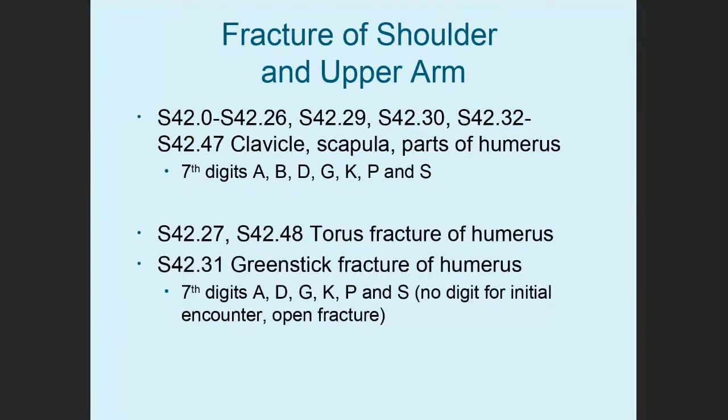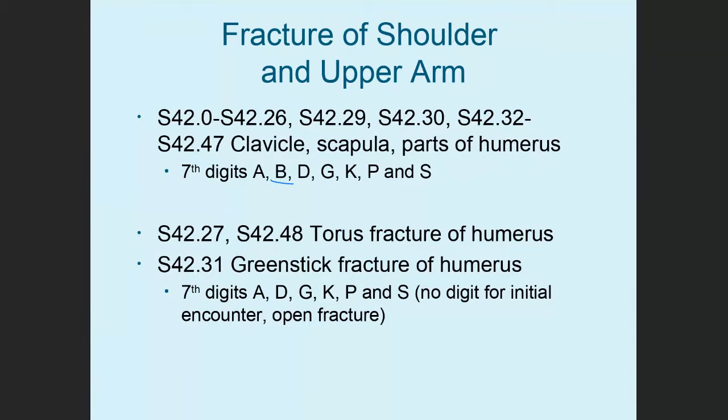Fracture of shoulder and upper arm is category S42. And this uses the 7th digits A, B, D, G, K, P, S for most codes. For the clavicle, scapula, and parts of the humerus, codes S42.27, S42.48, which are torus fractures, and S42.31 greenstick, it uses A, D, G, K, P, S with no digit for initial encounter,